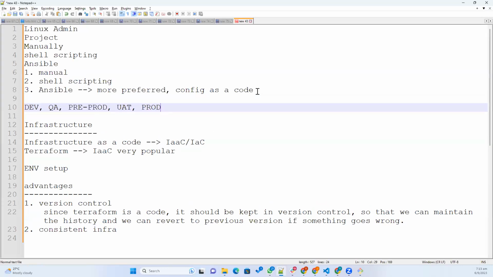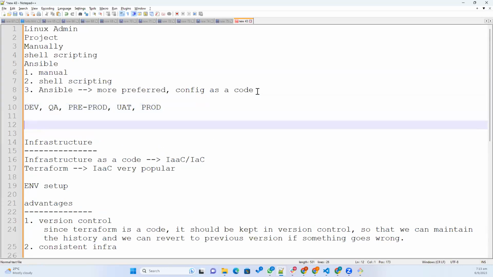As we discussed yesterday, there is always a problem in software: it works in a non-production environment, but not in the production environment. Your application will work perfectly while you are testing in dev and QA environments, but it will not work when you release it into production. So the problem is inconsistent configuration